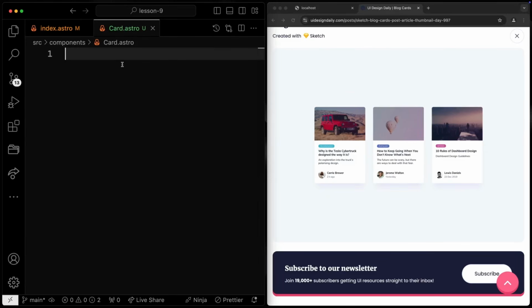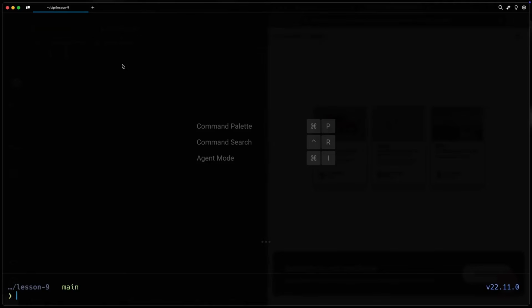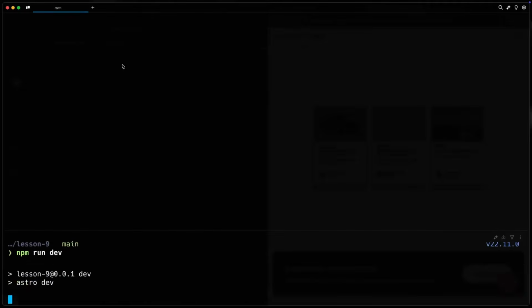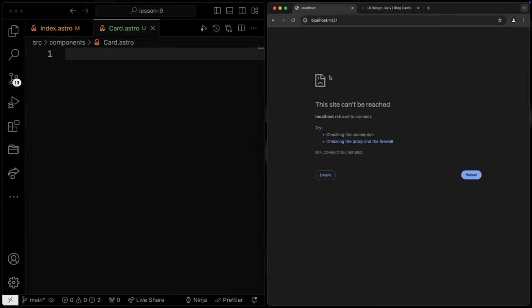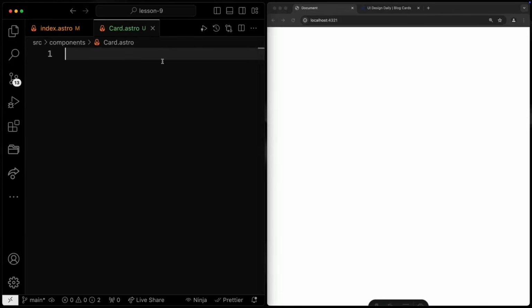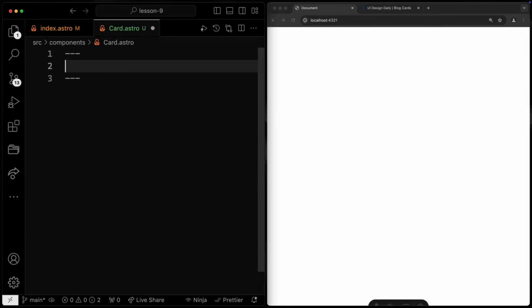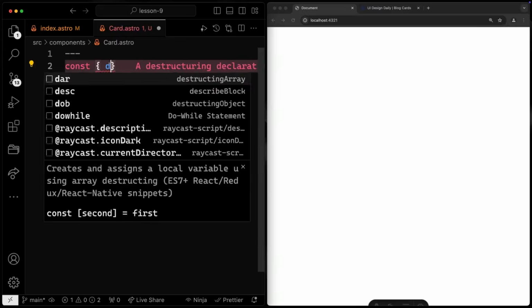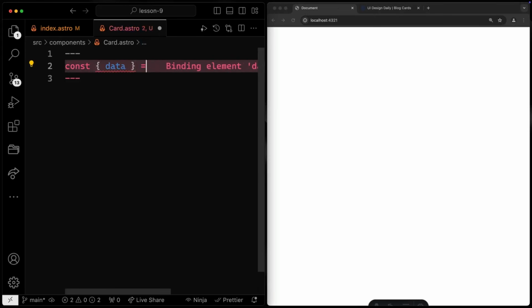Now, over this way, I have yet to receive that. So if I try to receive it over here, nothing's going to happen. Now, to actually see it work, first of all, we need to make sure that we're running, which we're not. So npm run dev, that should help us. And that should pull up right over here. Now, I need to find a way to pull in that data. So let's do that up top here. And you might remember I can destructure that. And we just called it data. So that's what I'll call it here